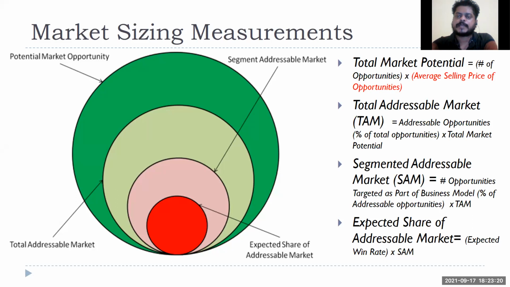Out of that, I'm going to find out only the southern part of India. For the southern part of India, I find out from the company directory how many IT companies there are. That's 5,000. Out of those 5,000 companies, how much will be my market share, based upon my past forecast and my winning percentage in previous years.